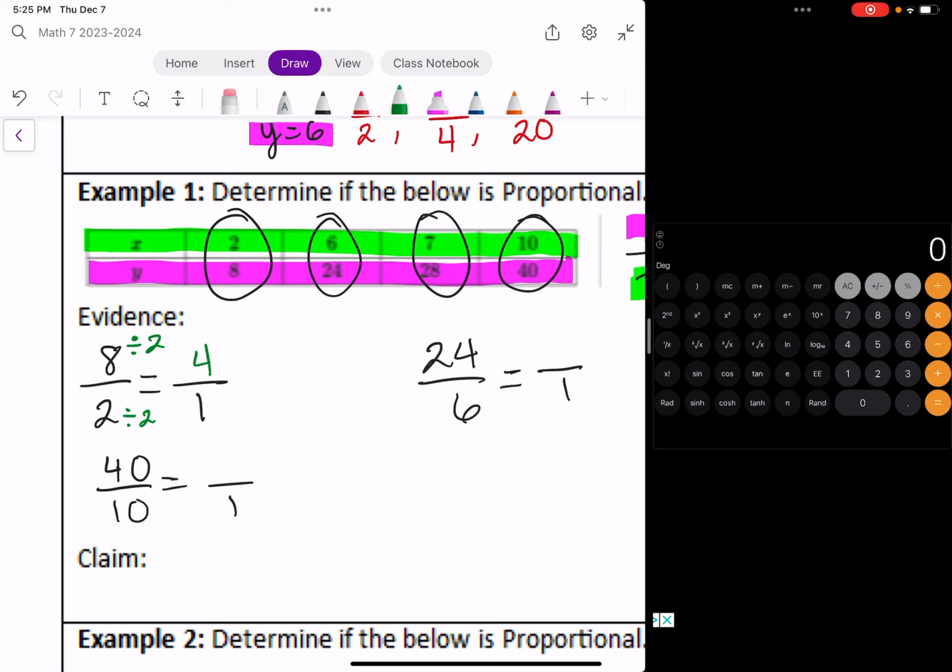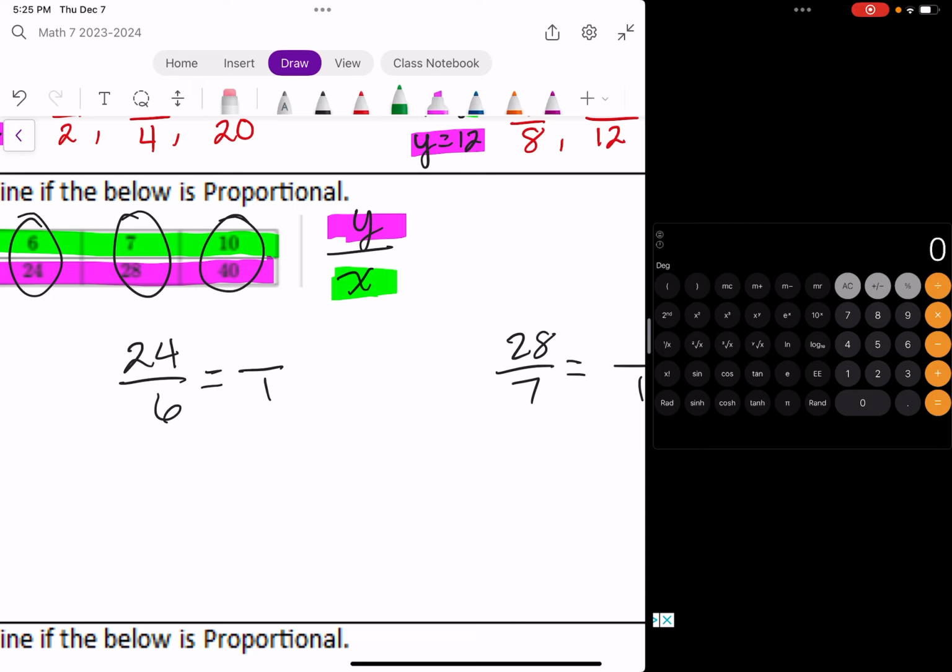Okay. So let's move on to the next one. Same thing. What divided by 6 gives me 1? That is 6. What I do to the bottom, I do to the top. That's also 6. So 24 divided by 6 is 4. Okay. And then